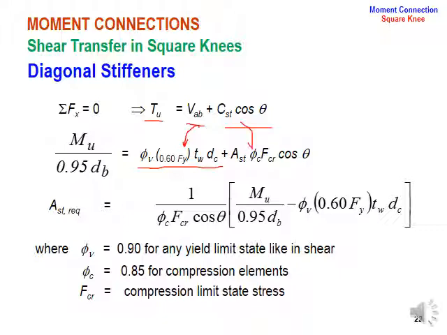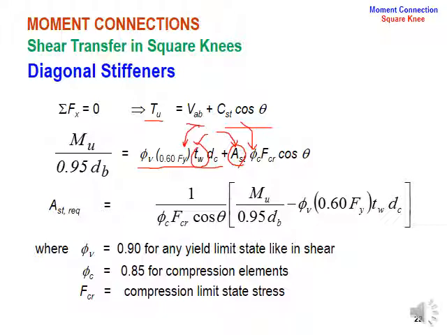Now this is going to be added on this side of the equation, because the cos component of the compression produced within the diagonal stiffener is in the same direction as the capacity. On the other side the same equation is there. From there you can take out the area of the stiffener, because TW without the diagonal stiffener we have already calculated. Now we need an extra strengthening or reinforcement. This is to be provided using the area of the stiffener as the design parameter, because we need to provide a diagonal plate.